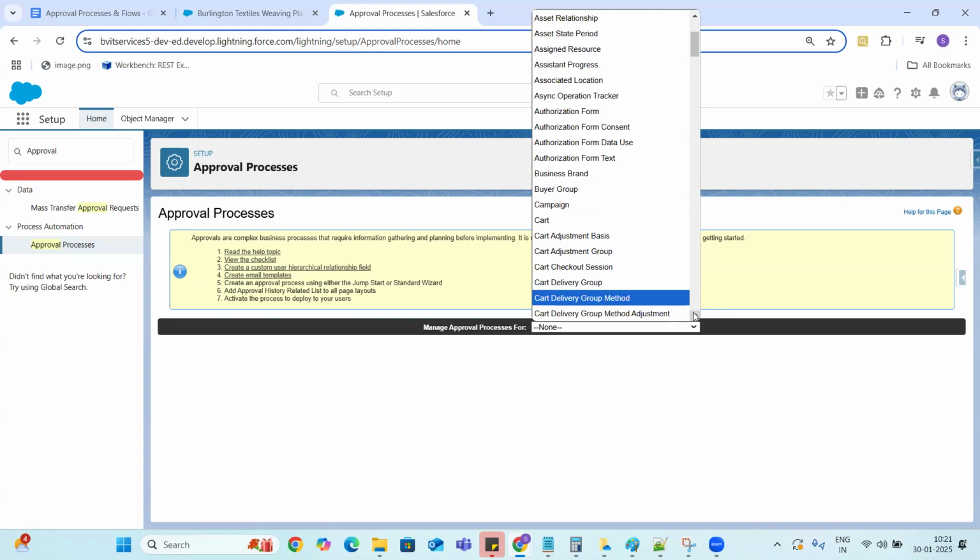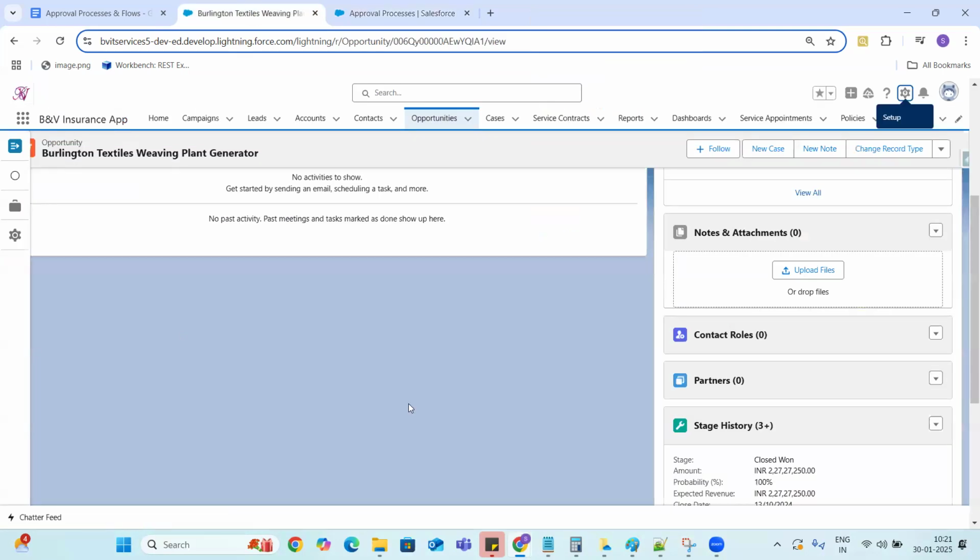If there is, it will just follow that approval process. If there is no approval process set up, it displays the message saying that there is no approval process configured. That is the message that we got when I clicked on submit for opportunity.